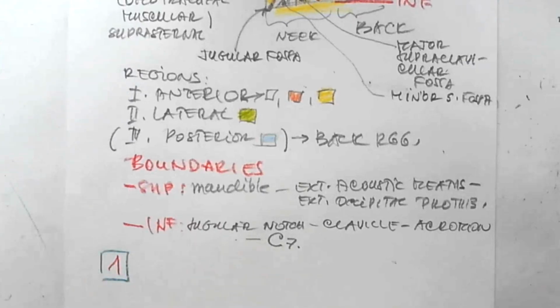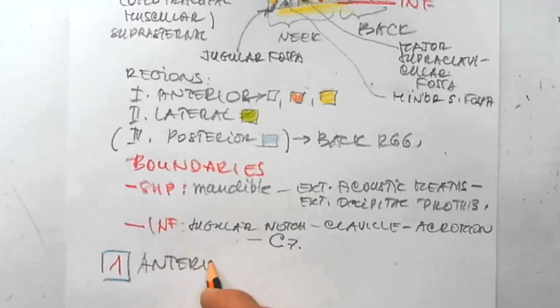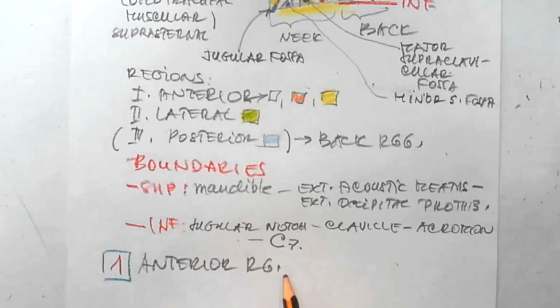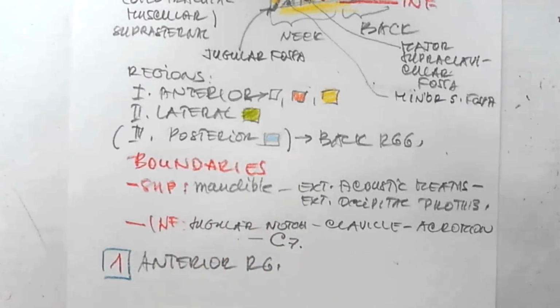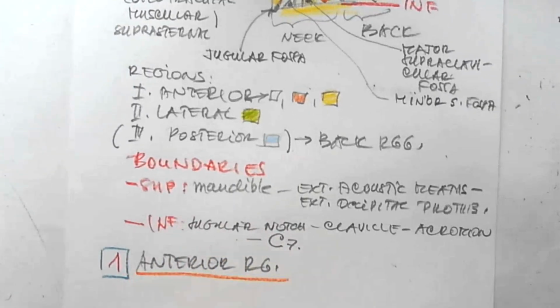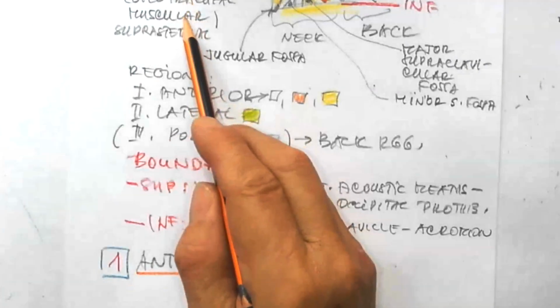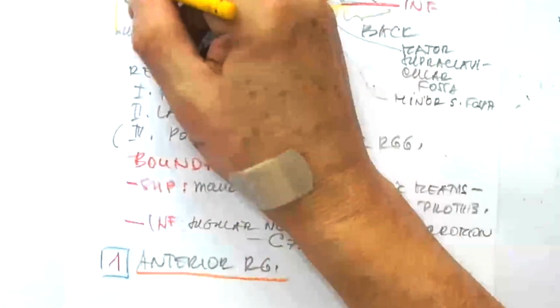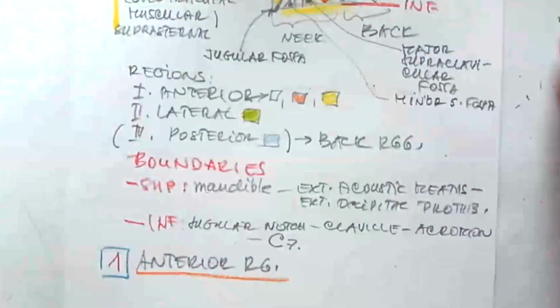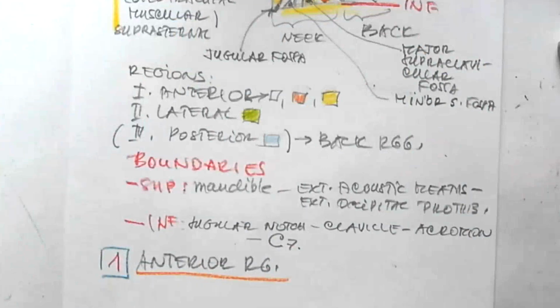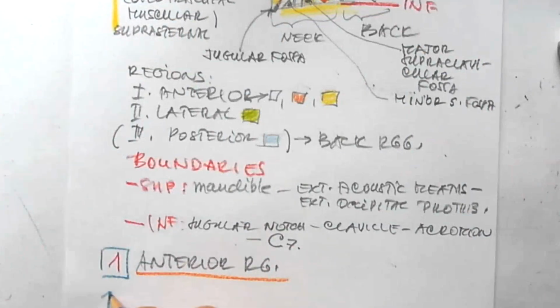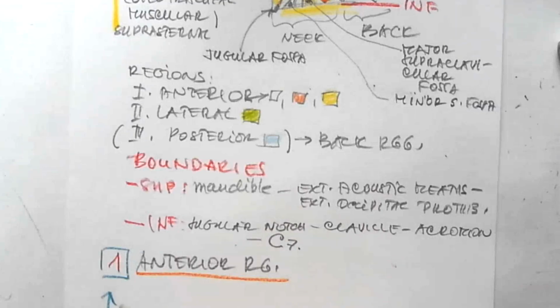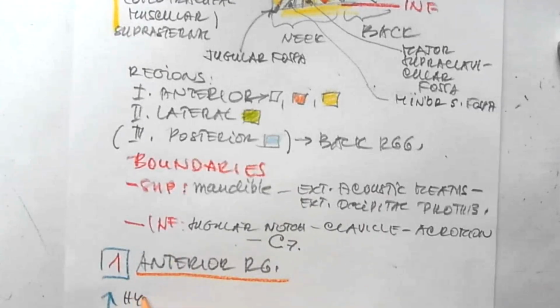Blue. And starting with the anterior region of the neck. The anterior region is, as we said, also called omotracheal, muscular, or suprasternal. All these names are used, so that's why we will specify them. Anterior region boundaries quickly, as we can use the symbol from the hyoid,